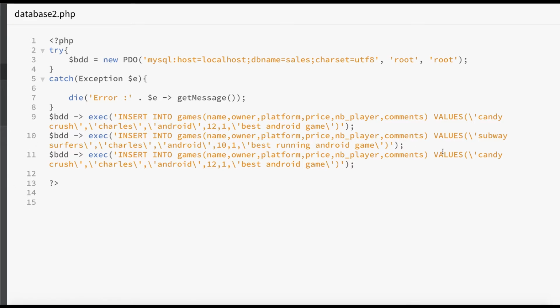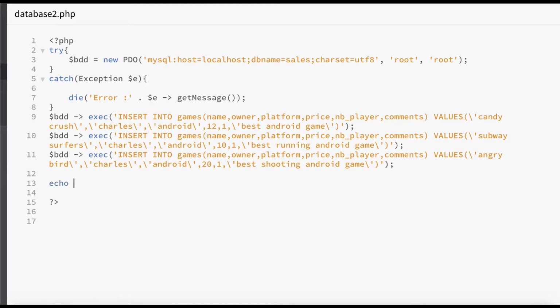And the other game, let's say Angry Birds, also owned by Charles. Charles, I know that you like Android games, so still on Android, and here let's say 20, 1 player, and here best shooting Android game. Okay, so here we added 3 new games.